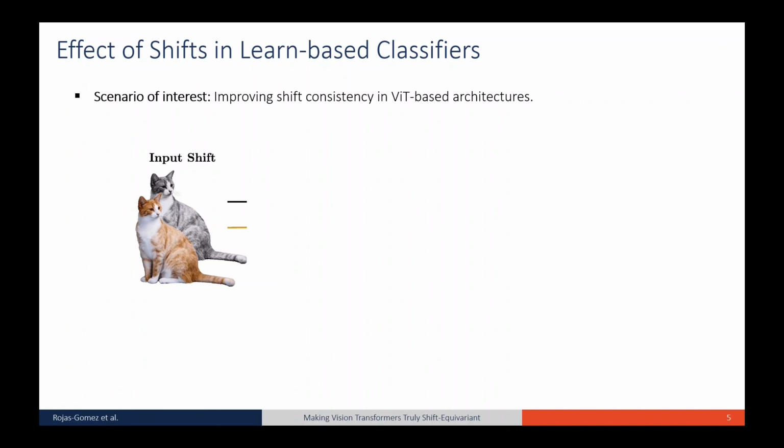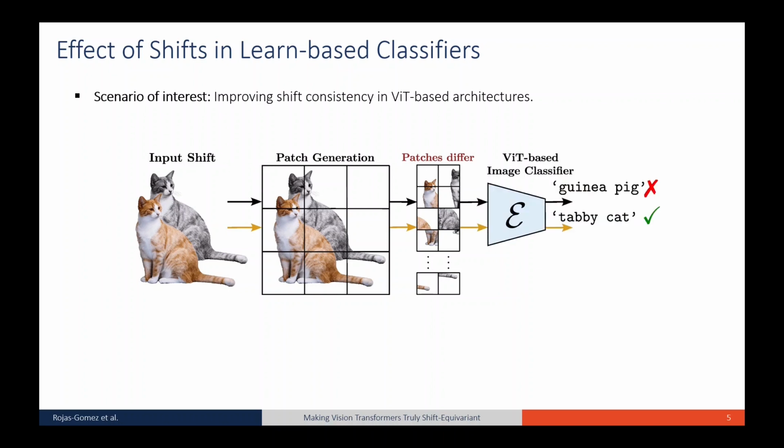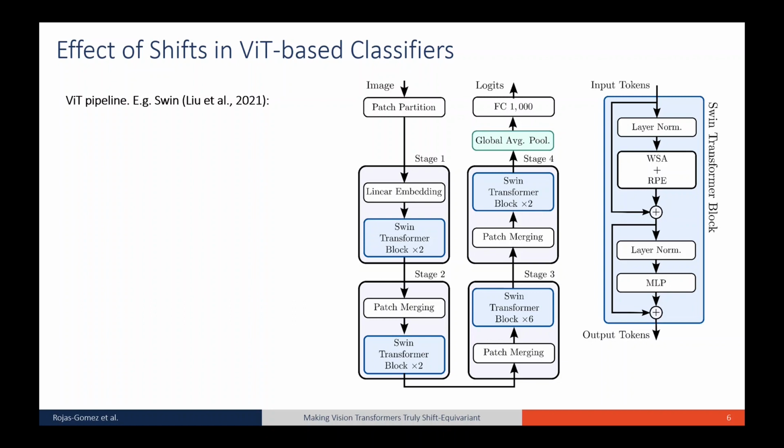In this work, we focus on vision transformers and their shift consistency. Given its design principle of extracting patches, recent work has shown they are sensitive to input shifts. Given an object and its shifted version, patches are selected in a fixed manner. So, extracted patches are different even under small offsets, generating different representations and unstable predictions. This can be explained by exploring ViT components.